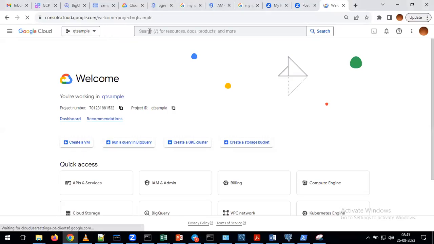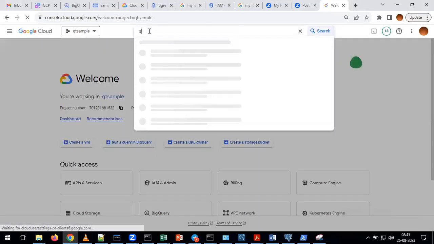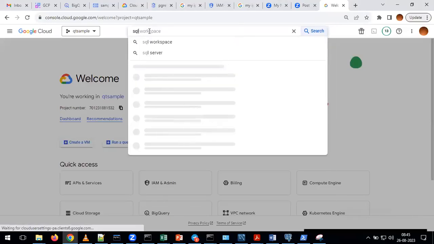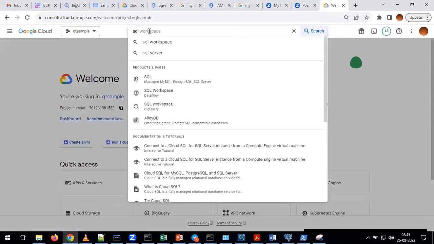Okay. After that, in the search bar, please search for SQL. If you search for SQL, you can see options like this: SQL and SQL Workspace. Please select SQL and don't select SQL Workspace. We need to select the option called SQL. This is nothing but our Cloud SQL.